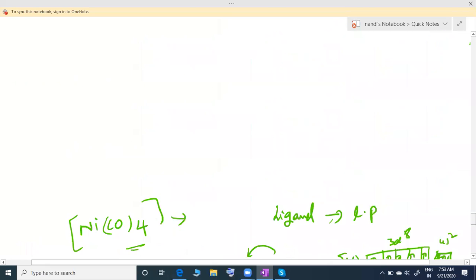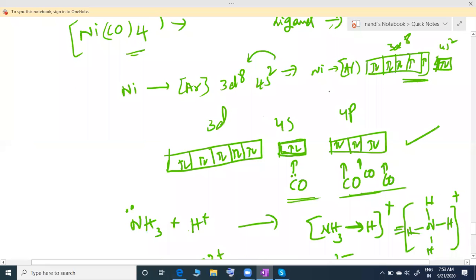For example, I will explain with examples. You don't worry. Before complex formation, this is the structure. Before complex formation, the nickel electronic configuration is 3d8 4s2. When they are forming a complex, these s electrons enter the d orbitals. So the number of unpaired electrons decreases. Now after complex formation, this is the structure. Is there any unpaired electron? Before the complex, they have two unpaired electrons. After complex formation, there are no unpaired electrons. So this type of thing we call low spin. So the number of unpaired electrons decreases after complex formation.